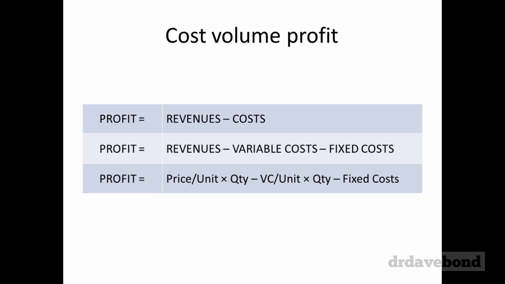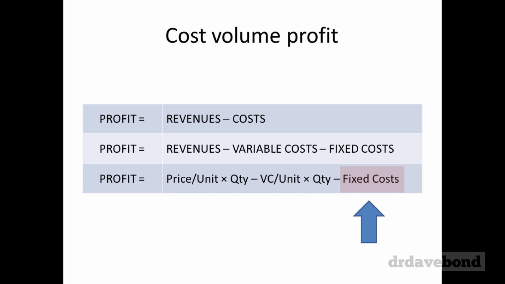So what we have here in the last equation actually is pretty much everything that we need to do all of the cost volume profit analysis that we want. Break-even analysis, target profit analysis, we can do a whole range of things with this. And the really neat thing is if you have four pieces of information, you can work out profit. So these four inputs that you require, you need to know the price of the product, you need to know the quantity that you're going to sell, or you expect to sell, the variable cost per unit, and the fixed